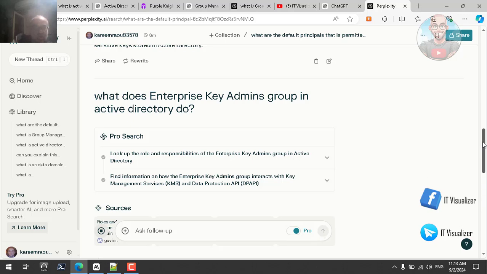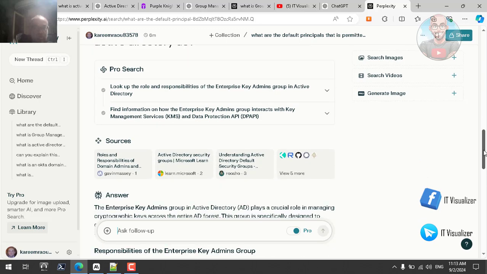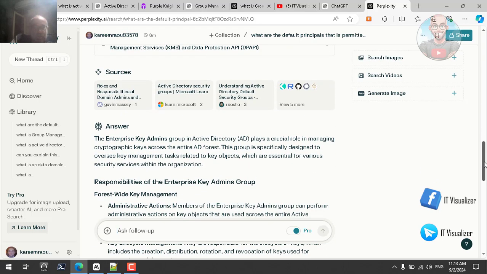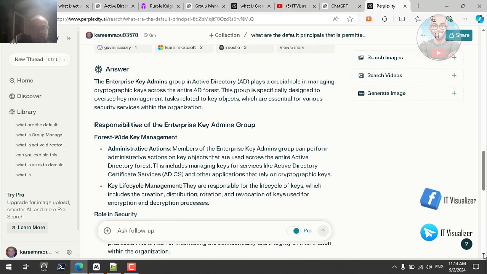So the enterprise key admins play a crucial role in managing cryptographic keys across the entire AD forest. So they are related to the encryption keys. They were specifically designed to oversee key management tasks related to key objects, which are essential for various security services within the organization. So it says that they can perform administrative actions on key objects that are used across the entire domain forest. This includes managing keys for services like Active Directory Certificate Services and other applications that rely on cryptographic keys. So this group is responsible for managing the keys used by different